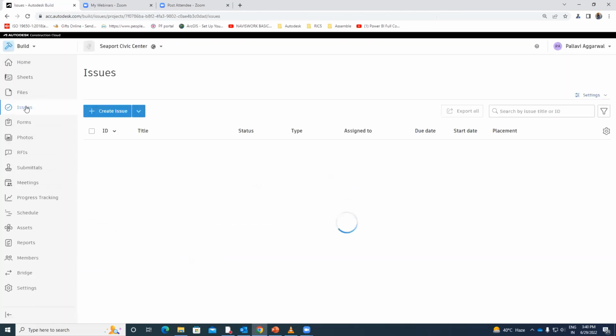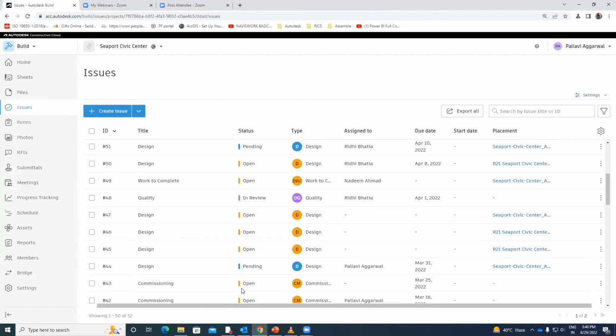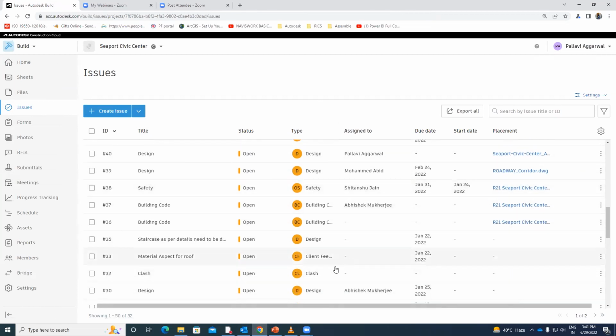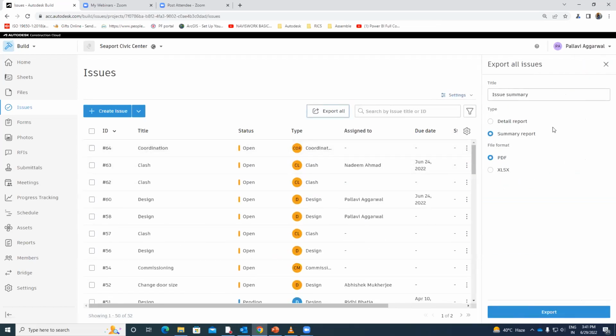We just saw that we can create multiple issues, which can be quality issues, safety issues, or let's say design issues, clash issues. All those issues in the project are by default logged over here in the platform with their statuses given. It will give us the idea of what state an issue is in, by whom it is to be looked at, what the due dates are for action, and what all the files attached are, with multiple filter options and export options, so that we can do both our internal level discussion or, let's say, a boardroom meeting discussion also.